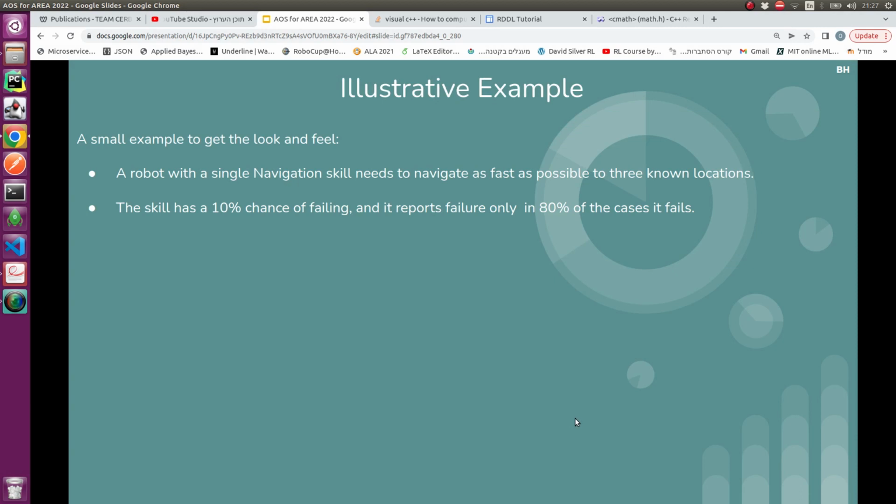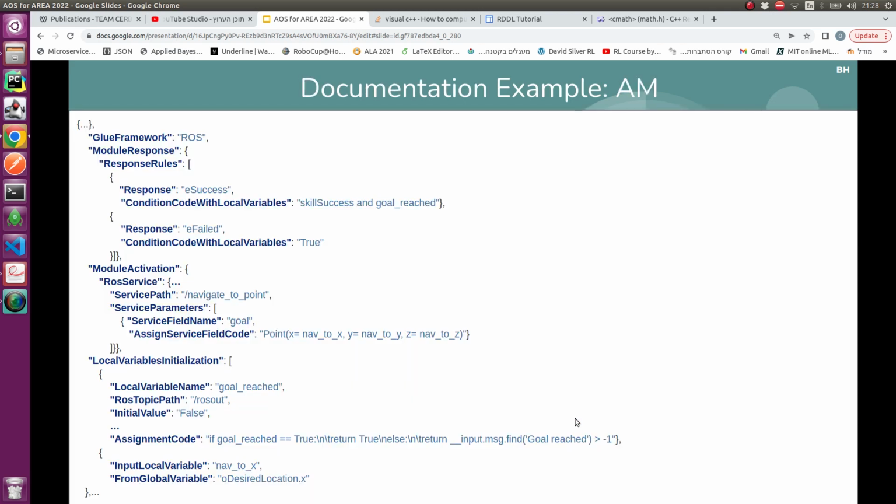Let's look at an illustrative example, just to get the look and feel of our system. We have a robot with a single navigation skill, and it needs to navigate between 3 known locations. This skill has a 10% chance of failing, but only on 80% of the times it fails does it return that it failed. So it has noisy sensing. Let's start from the bottom. This is our abstraction mapping file, and here we can see that there are 2 possible observations when we are activating the skill. It could return success or failed, and this